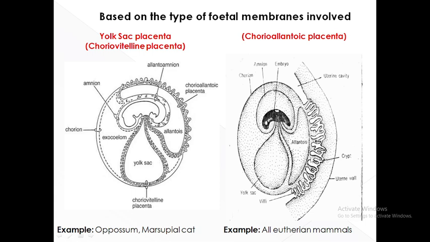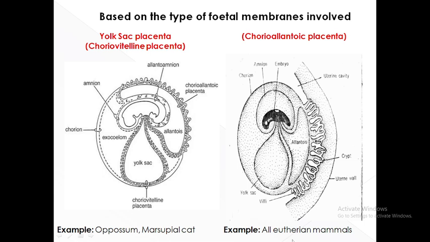So this is the major placenta, which is the connection of the fetus to the mother. It is called a choreo-allantois placenta because the membranes involved here are allantois and chorion, and the membranes involved in the other are chorion and vitelline membrane. So the choreo-vitelline type of placenta is present in marsupial-like organisms,